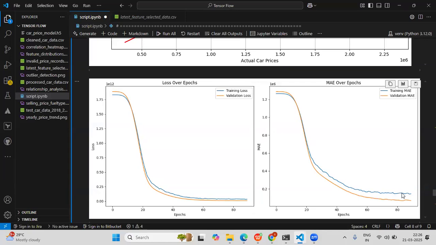Maximum, there is some variance. So this is all about how we can analyze the model predictions using the linear regression model and TensorFlow.